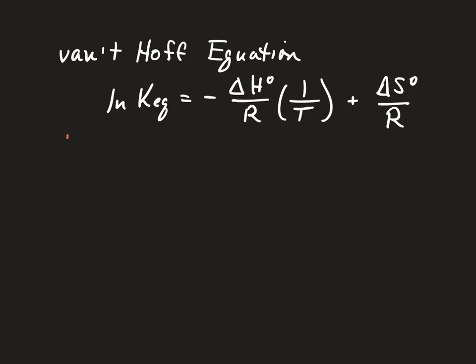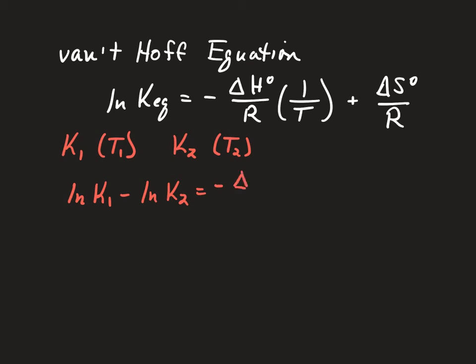If we have two equilibrium constants, K1 determined at temperature 1 and K2 determined at temperature 2, then we can take the natural log of K1 minus the natural log of K2. And that's going to be equal to minus delta H0 over R times 1 over T1 plus delta S0 over R